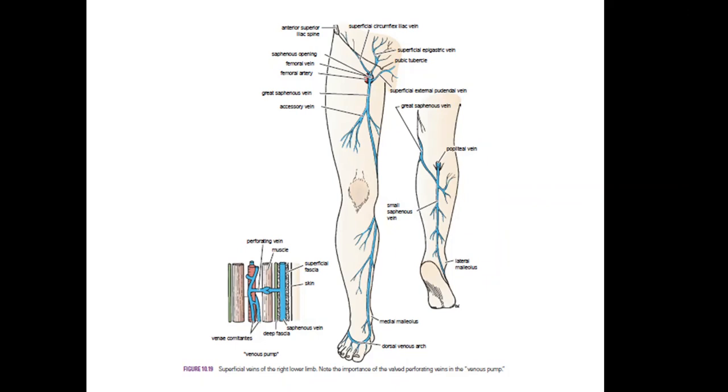So this was the great saphenous vein, starting at the dorsal venous arch of the foot, passing in front of the medial malleolus, coursing through the leg posteriorly to the posterior aspect of the knee, and then curving to the medial aspect of the thigh at the lower thigh. After piercing the deep fascia of the upper thigh, it enters an opening which is known as the saphenous opening. Here is the opening, and at this point, the great saphenous vein becomes the femoral vein.